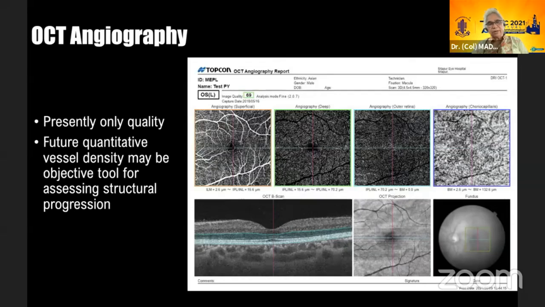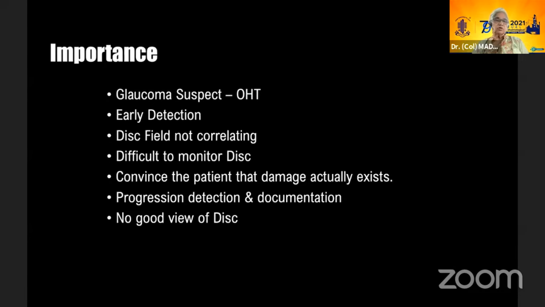There are so many things for which we find no reason. As of today, what is available in angiography is majorly qualitative. We don't really have quantitative, but this vessel density correlates very well with the macular changes. Therefore, a day has to come when there will be a grid which will tell us that this is a loss of vessels, and that loss of vessels will be very significant to tell us in very, very advanced patients.